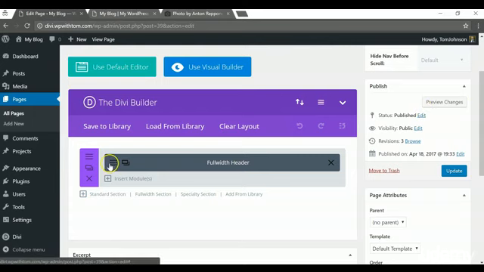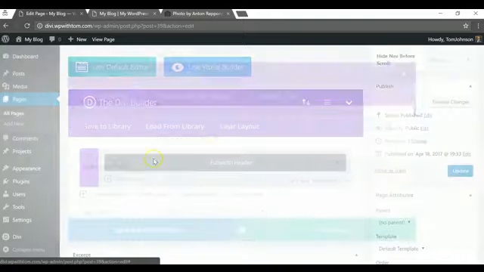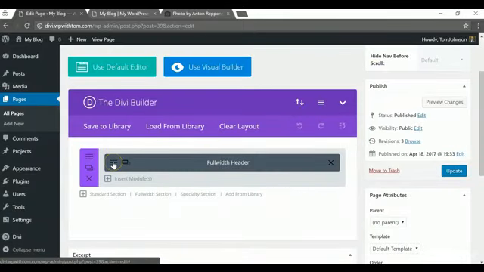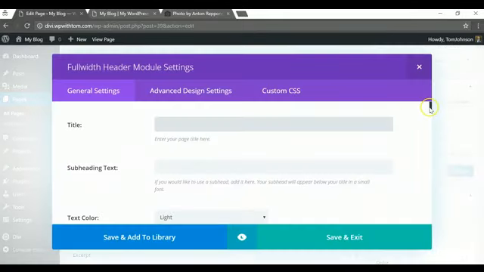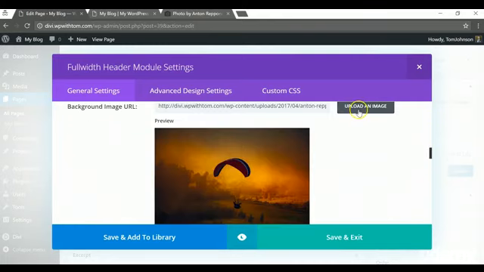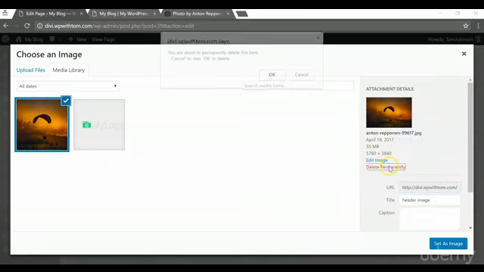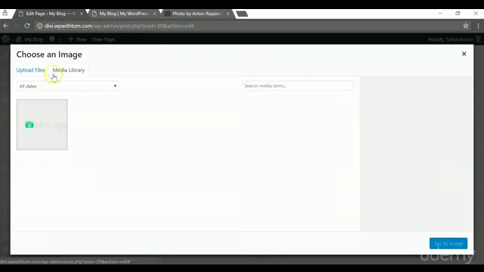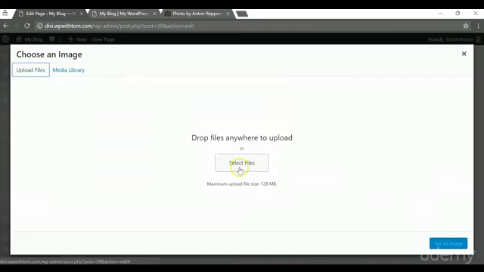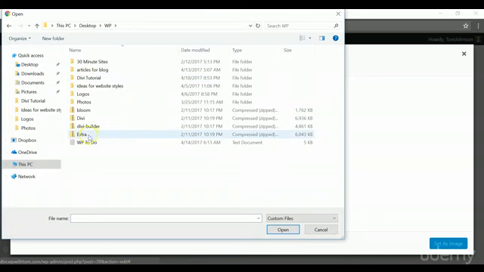But next, I'm just going to go down here, click on this 3. So to open up, you'll click on this 3 right here, and I'll open that up. And now I'll go down to where the image is, and I'll upload the image that I actually do want to use. And I'm going to click on this one. I'm just going to click delete permanently. OK. Go to upload files, select files, and I actually have a whole bunch of different images here in my